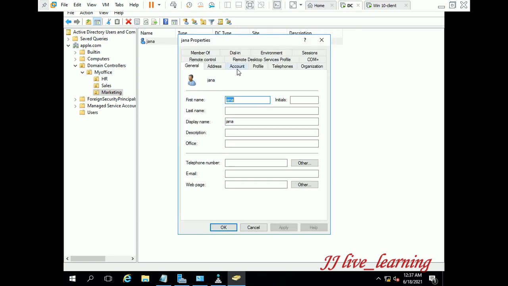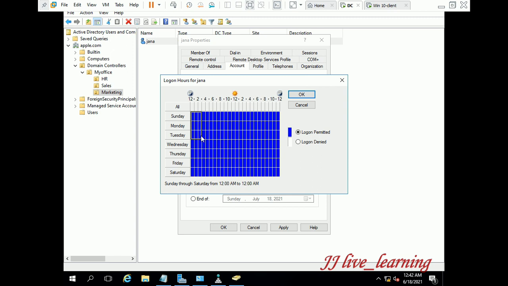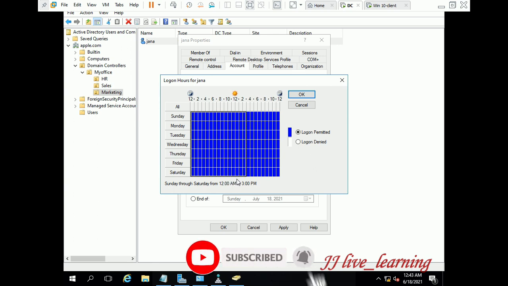Logon hours is nothing but on which day and at which time the end user is allowed to log in on his system. There will be two options, permit and deny. You can just drag the timing, and we have to select the option logon denied or logon allowed.